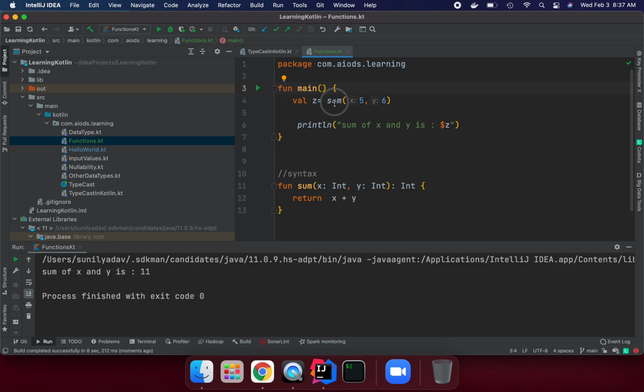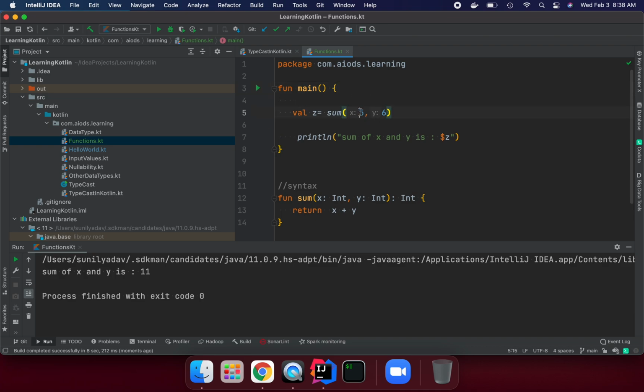So this way we are calling the method. In the definition of the method, I am going to return something, which is x plus y. This is the jet value we received and stored in the jet variable. So this is how a function works, and we can also have named parameters in Kotlin. Generally we can define x is equal to 5, y is equal to 5. This is called a named parameter. So we don't need to remember that x is the first parameter and y is the second parameter. Okay, let's run it and see if it works or not.